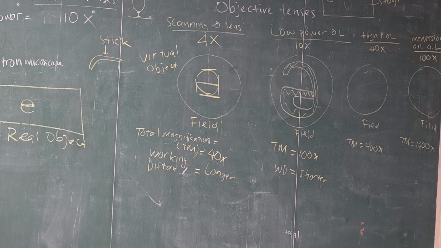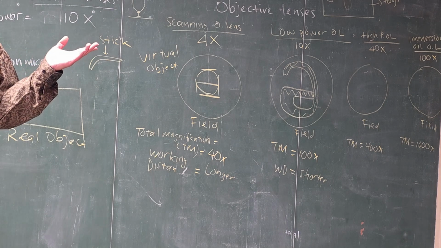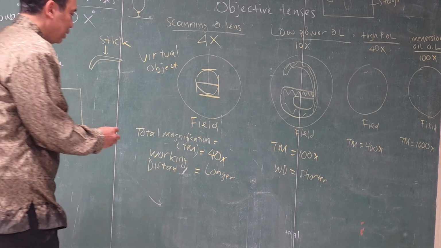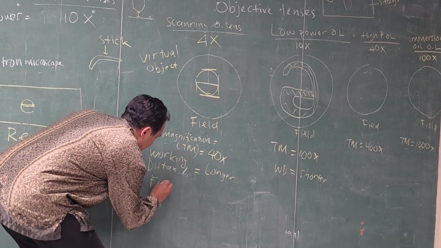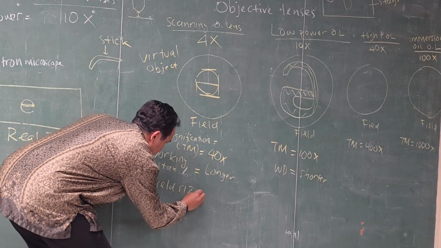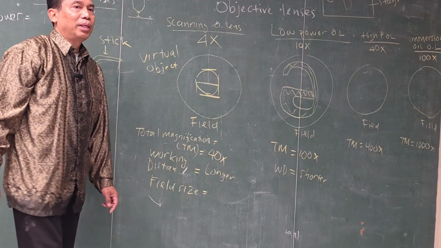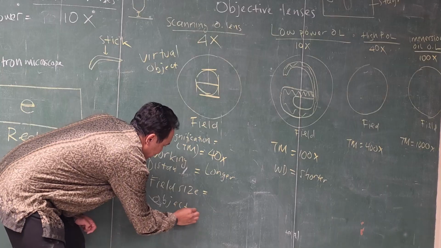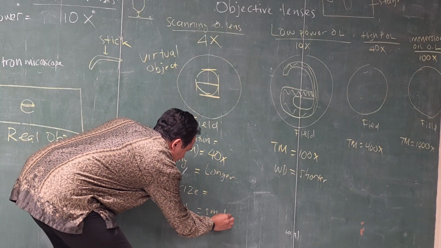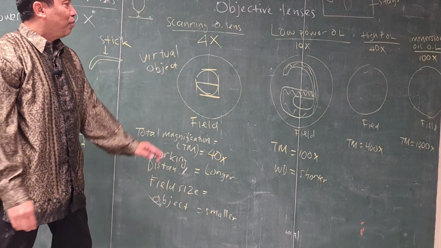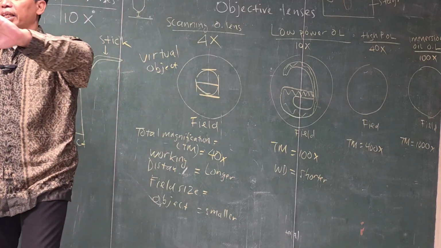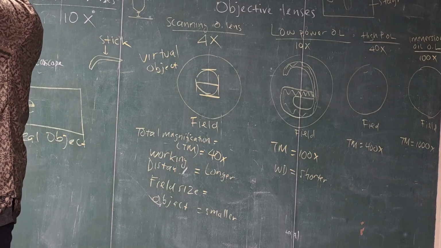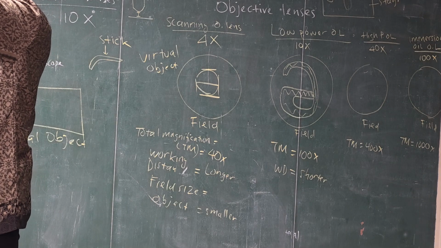Does the object become bigger or smaller? Bigger. But look at the field size. We call the field size FS. The object is bigger. I can say the object over here is smaller. But the field size, if you see the field size is like this. Like I see my hand over here and my field size, the whole thing over here, right? That's my field size, right?